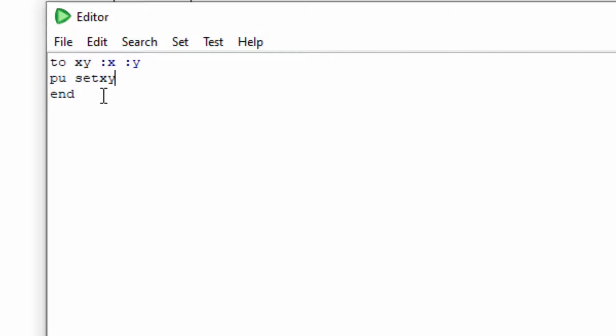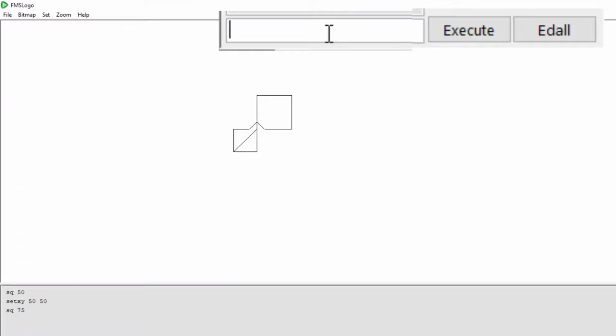And then we're going to use the longer setXY command and move to the variable X and the variable Y. Notice we typed :X :Y, and then we're going to do a space and hit PD for pen down. I'm going to type clear screen, which the shortcut is CS. Now if we do SQ 50 and I do XY 50, 50,